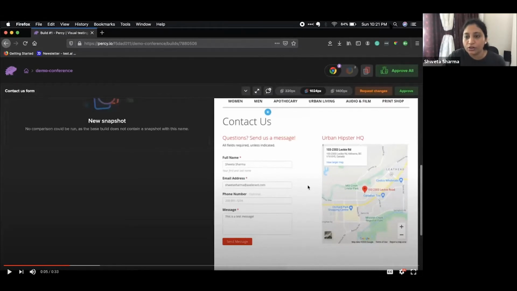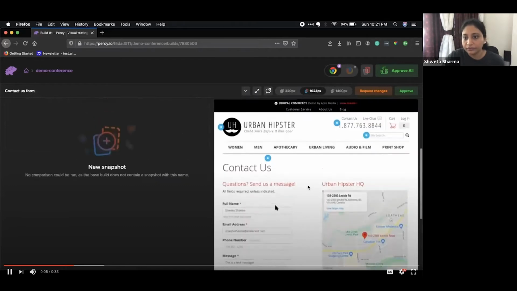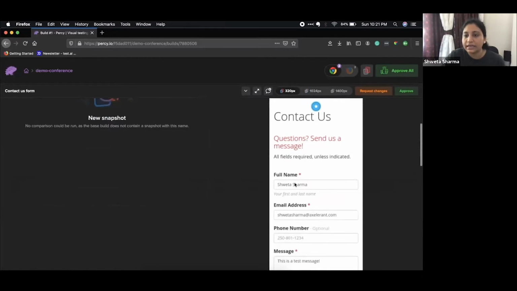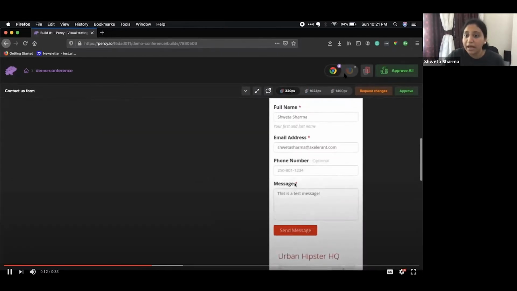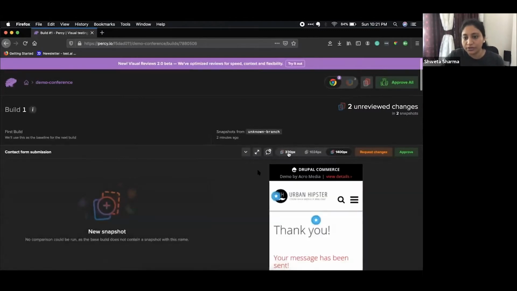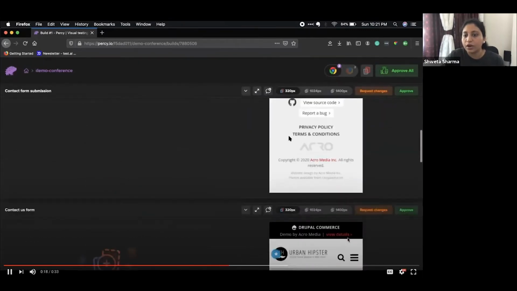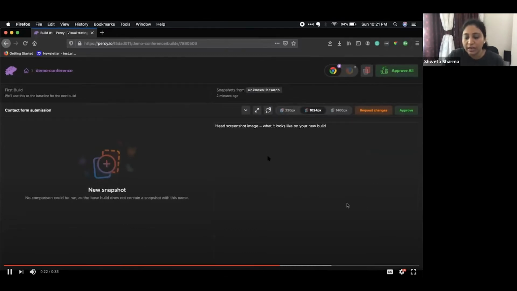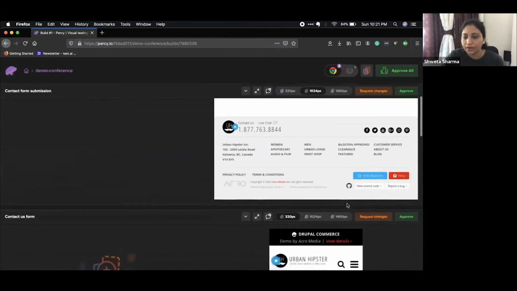And here you would also see that Percy by default supports running tests on Chrome and Firefox both, which means the execution of the test really happens only once, whereas the capturing happens in parallel on both the browsers and various viewports. So this is how our submission page also would look. So here we would have two snapshots that we have captured.